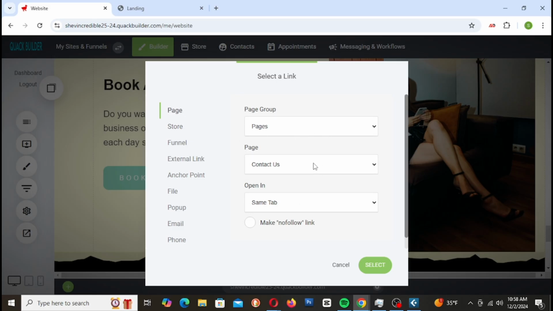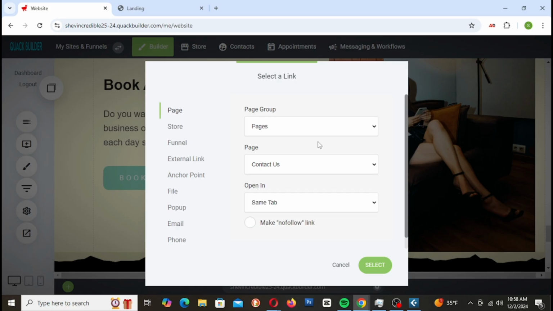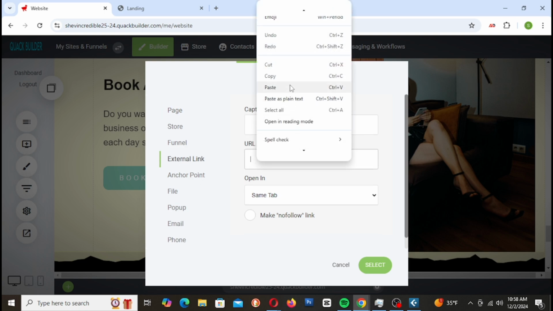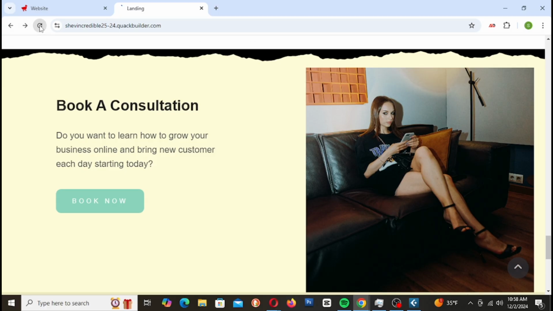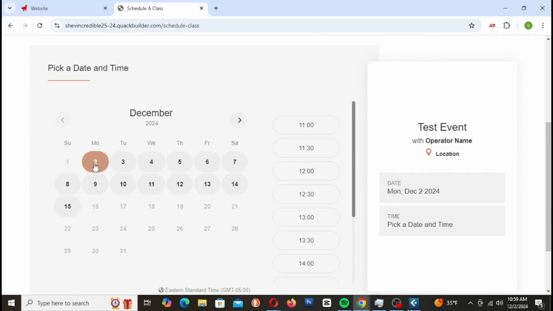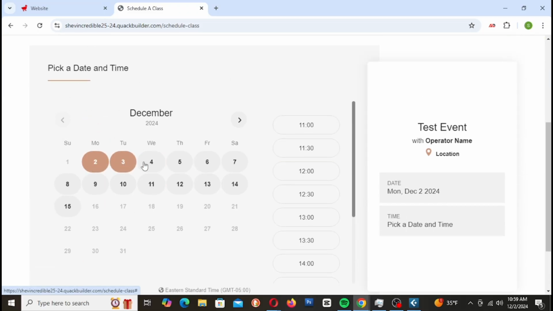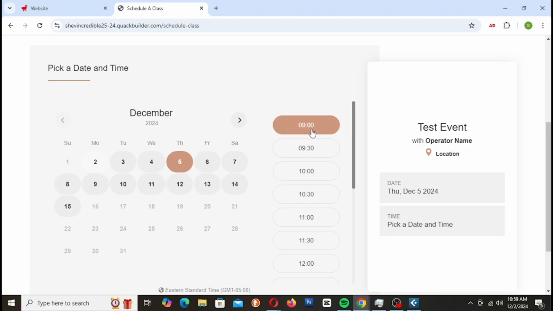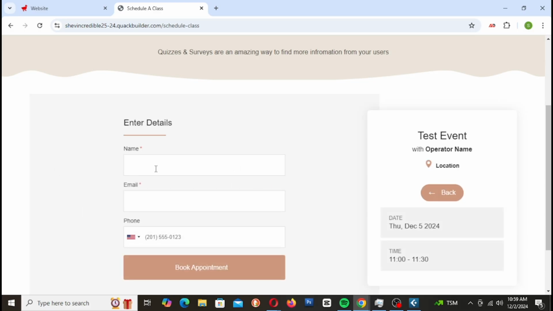Okay, so I can go to pages and just choose it from here. I don't know what it's called, so I'm going to link it like this for right now. Just click select, and if I save it and go back up here and refresh it, this is how the customer is going to see it, and I click here, book now. As you can see, it goes to the consultation page. So now they can schedule their consultation. They can choose the date that they want, and the times we're available for the consultation are right here. So you can choose say 12 or 11, and then they can just add the name,